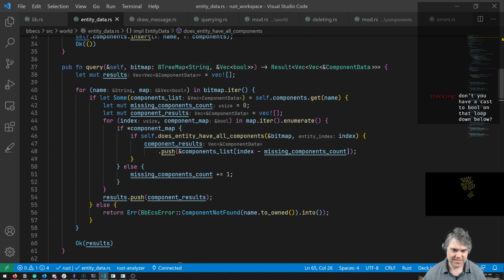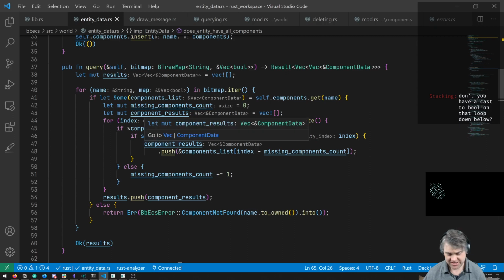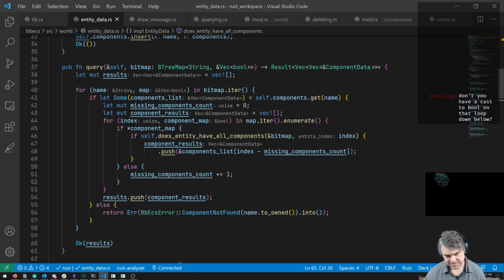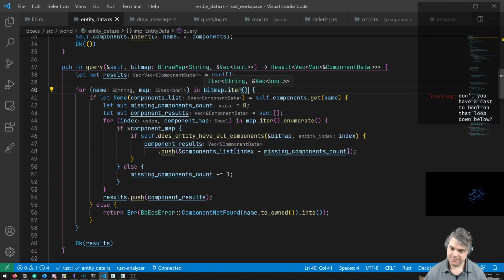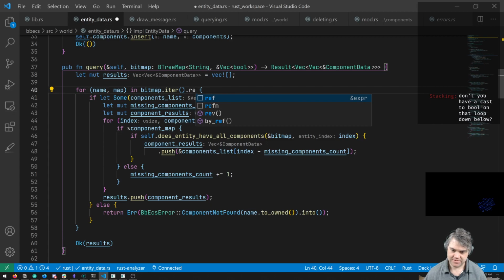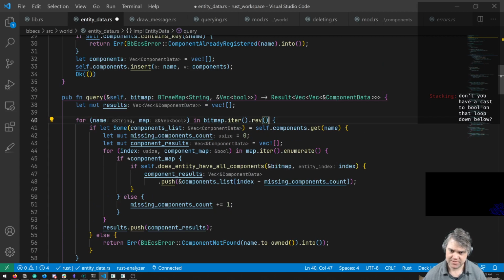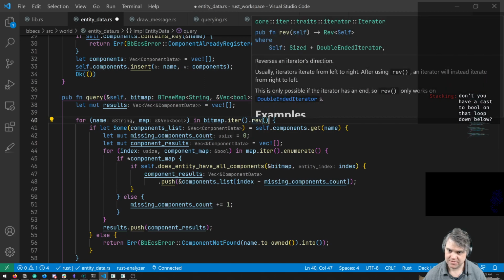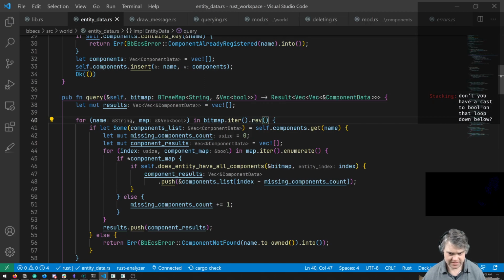It's like we have these results, we're going through the names, and then we're pushing in the components. Am I getting this in reverse order? Does that reverse? Yeah, let's reverse the direction.